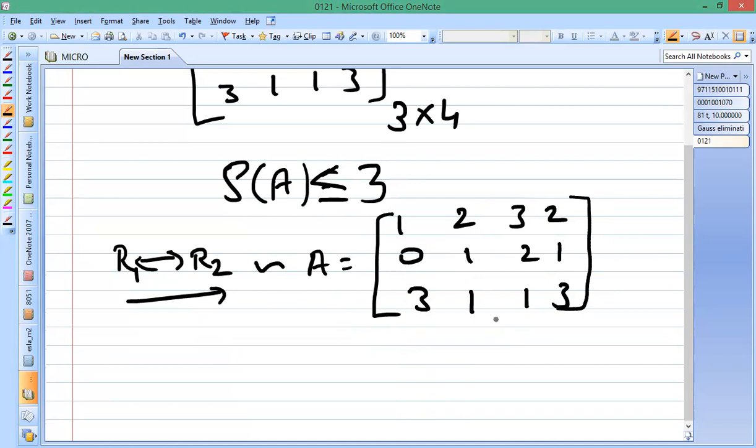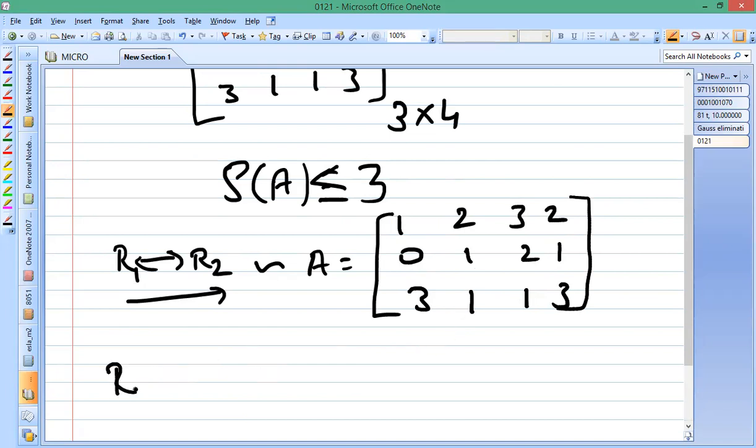LU decomposition form. LU decomposition form in the sense either you should get 0 here at the top or you should have a 0 here. So at the bottom row you should get a 0. And also we have to see that under each pivot we should have a column of zeros. So here, what is the next operation you can perform?